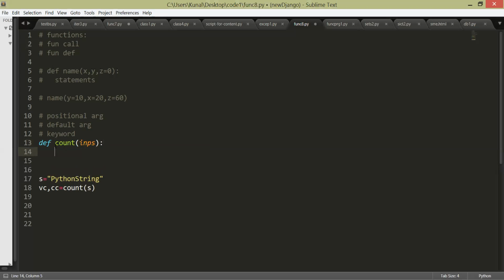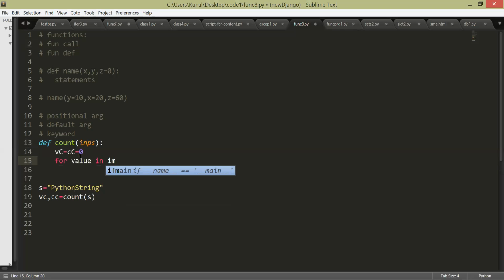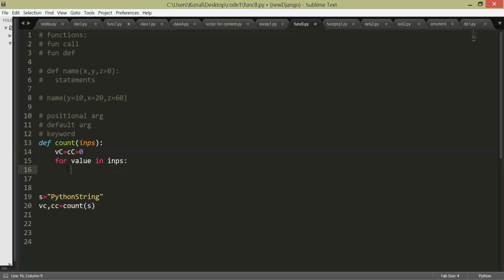So what I need to do is iterate through this. I need two counts, so I'm using two separate variables. The vowel count and the consonant count, I should set to 0, right? Then for value in input string, this is a string, so I need to check what this value is. If value in "aeiou",